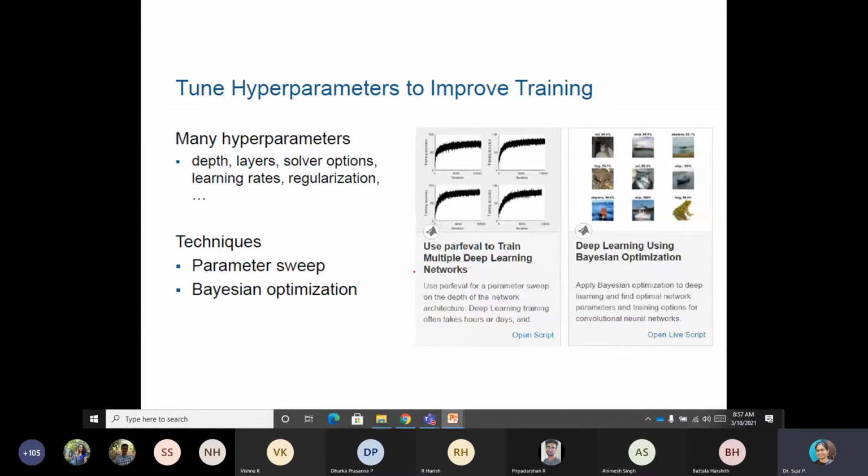But if you have MATLAB, or you can just browse the MathWorks website, or just type the command Bayesian optimization. If you have installed MATLAB, every user of our college email ID will have a MATLAB account. You can download, or you can work online also.